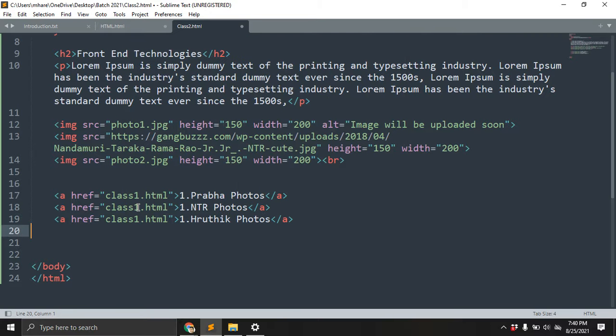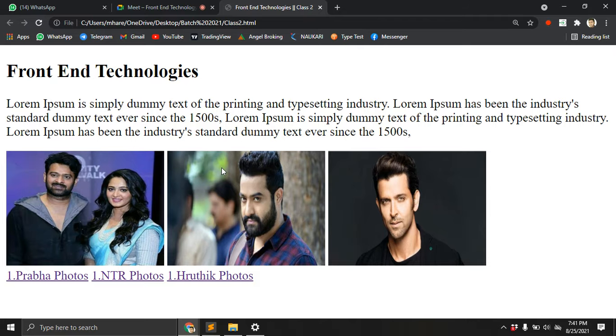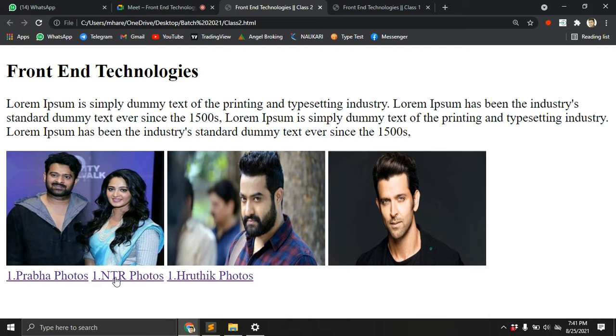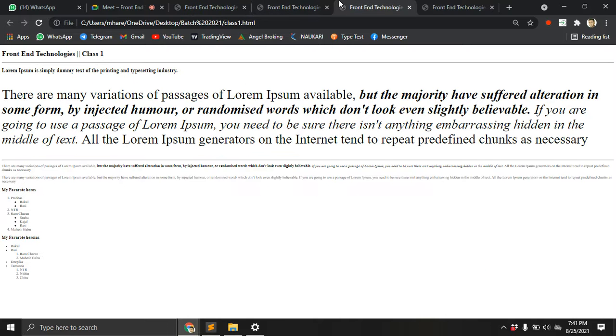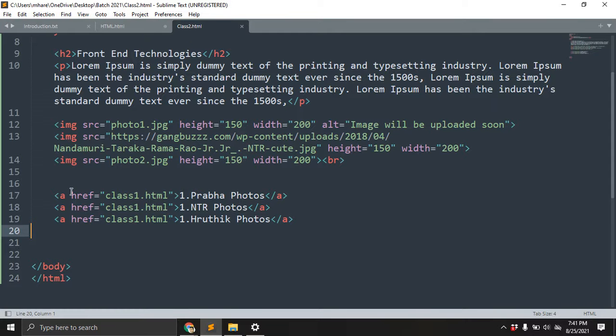Yesterday we already wrote the code, right? Just save, open the browser, and refresh the page. Nothing will change, but the links will change. I'm clicking here, new page, and here also new page, and here also new page. Even if I open all three, it will be the same link. For that purpose we need to use hyperlinks. We need to give links here. I think the anchor tags are over.